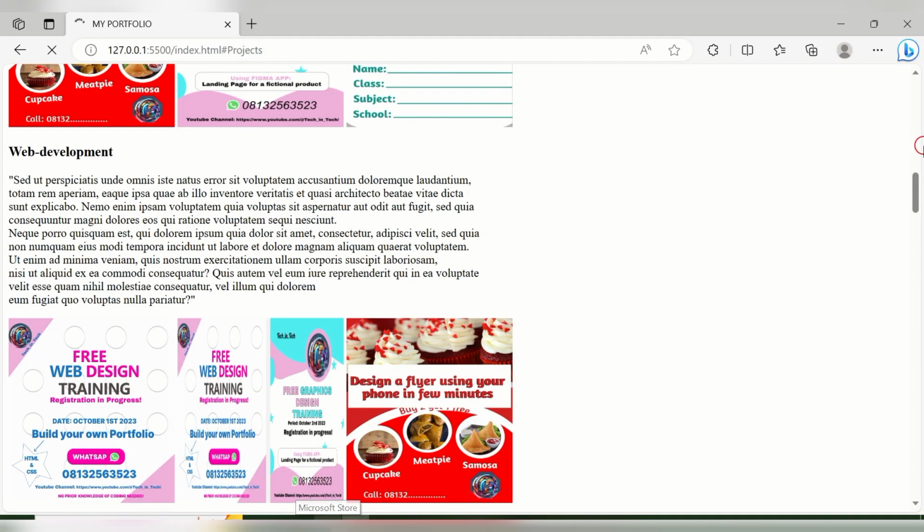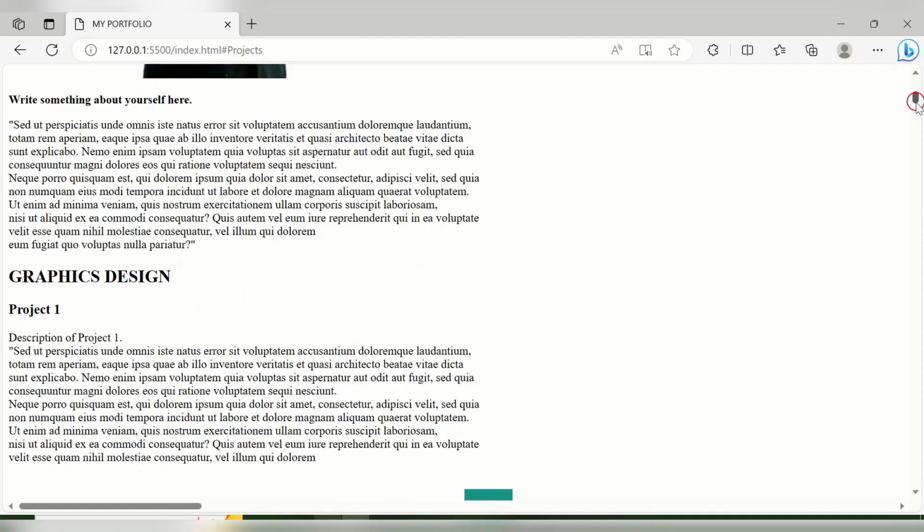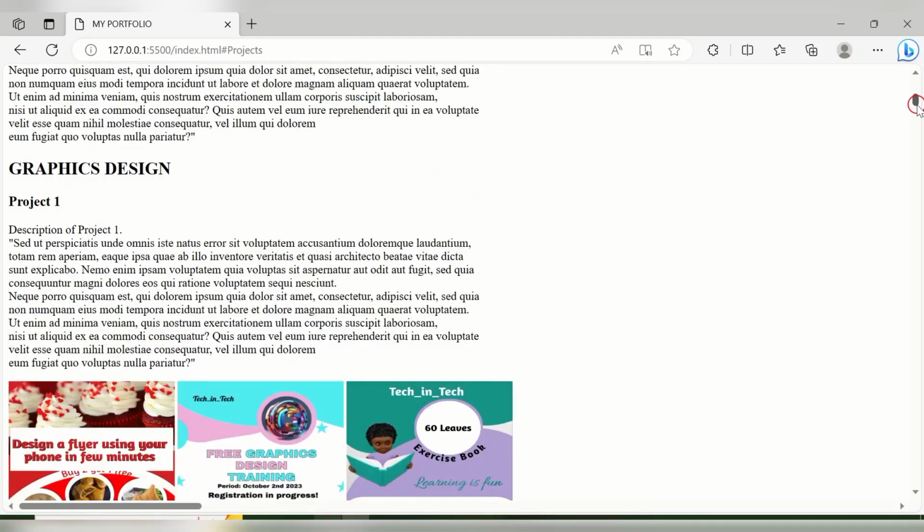Although it's not yet beautiful because we don't have our CSS yet. So let it load. It's loading. So let's see what we've made for our website. Let's start from the beginning. Here is my portfolio, the about me section. This is a picture of yourself. Then you write something about yourself. Then under graphic design, which is your project one,